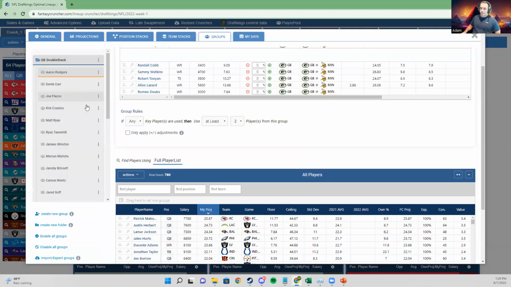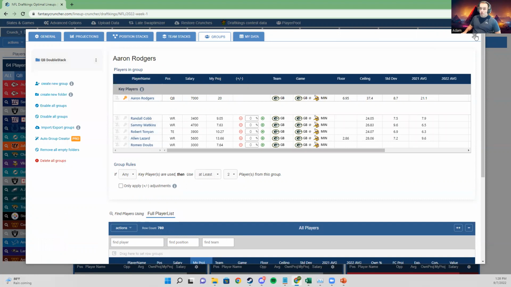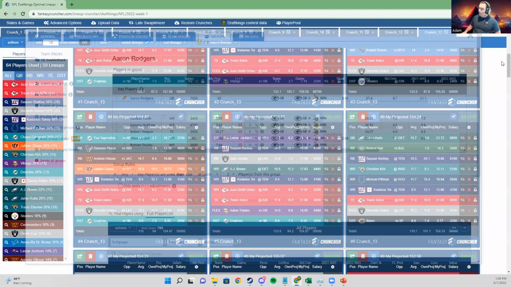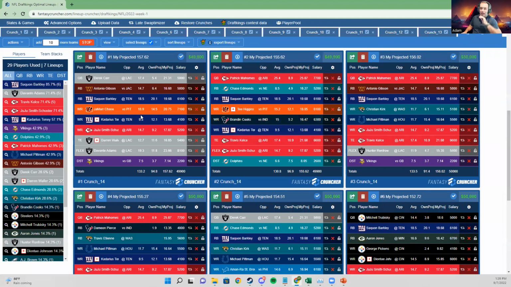And guess what? I've just created double stacks. And you can make this now. Every lineup is going to have 2 of those players in it. Now, just to show you how this looks, I'm just going to run 50. You'll see every lineup